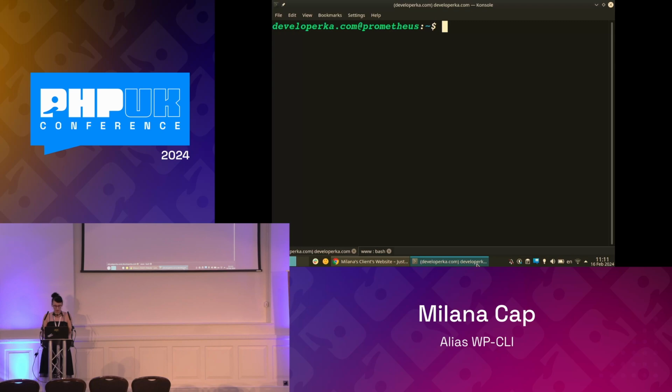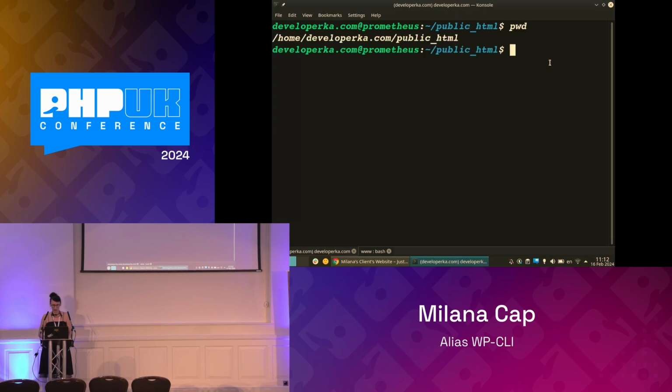So for the path, I'm going to go to WordPress. So here is my WordPress. It's pretty up to date. And to get the path from here, I need to type print working directory. And here we have a path. So I'm going to copy this